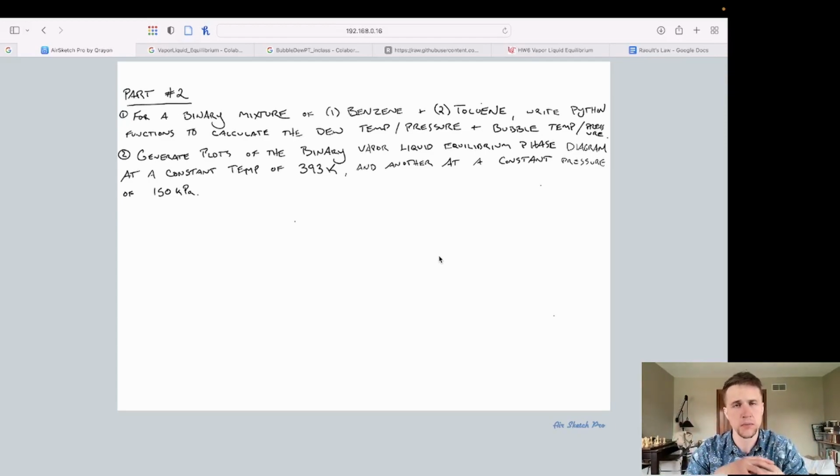And we've already done the first part of this, which is to write out Python functions to calculate the dew temperature and pressure and the bubble temperature and pressure. So we're going to move forward into our second section, where we want to generate plots of this binary vapor liquid equilibrium phase diagram, and we're going to be using the constant temperature of 393.15 Kelvin and 150,000 pascals. So let's dive in